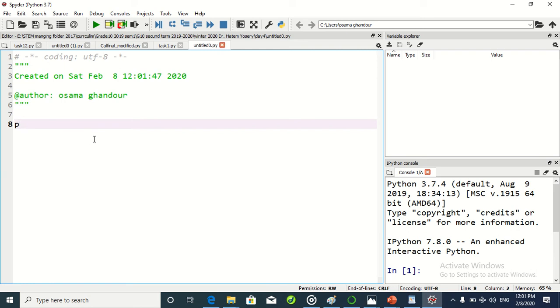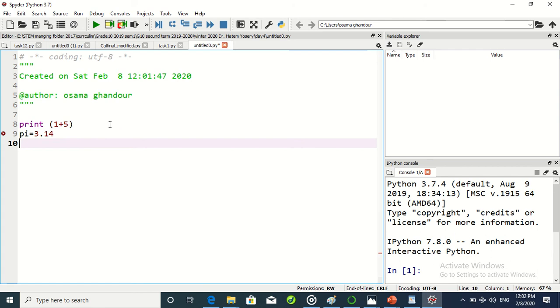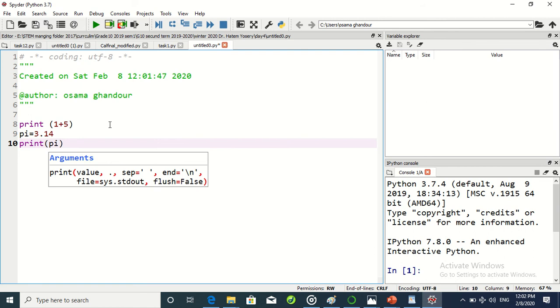So print, parentheses, and 1 plus 5 plus 5 plus 5. Then let's define a variable pi equals 3.14. Okay. And then print, parentheses, the last variable,